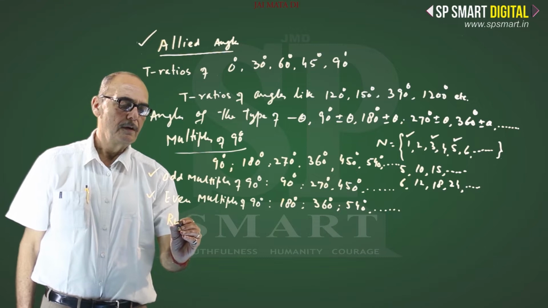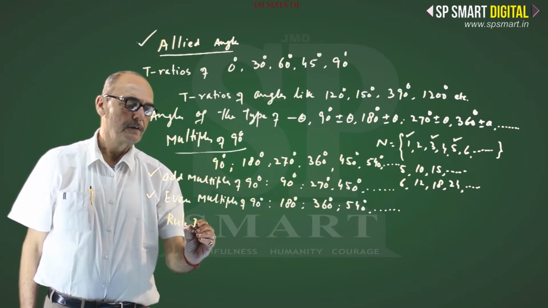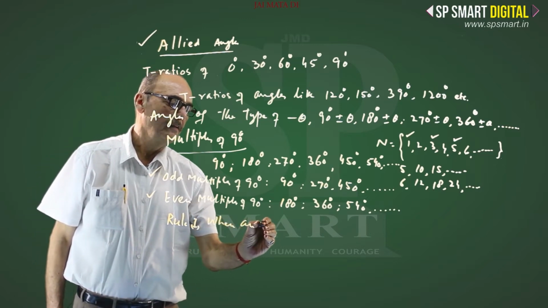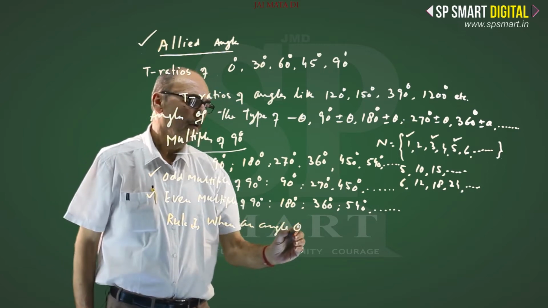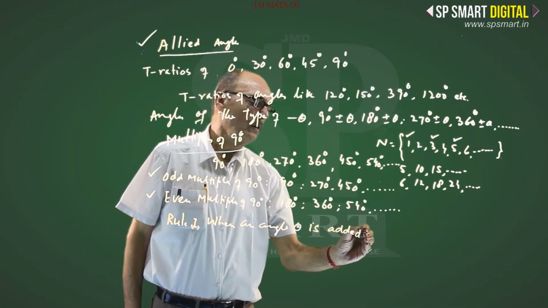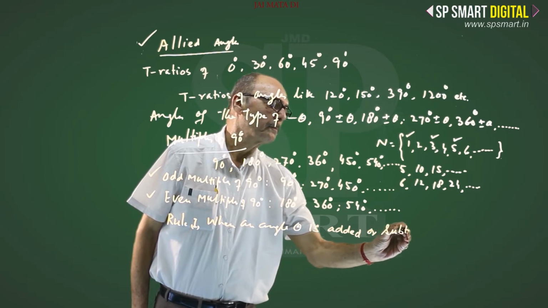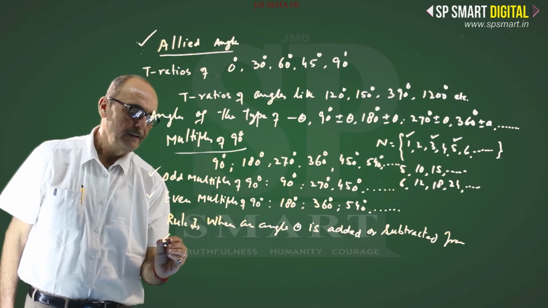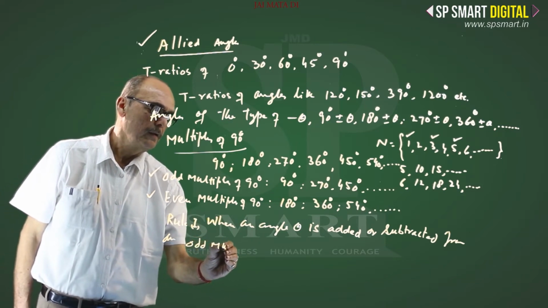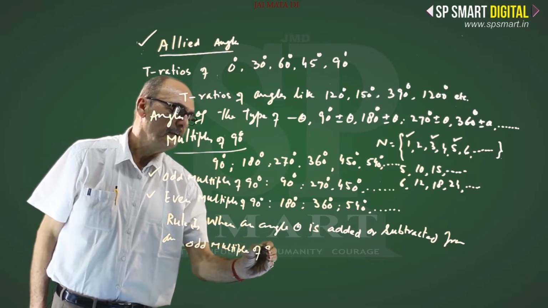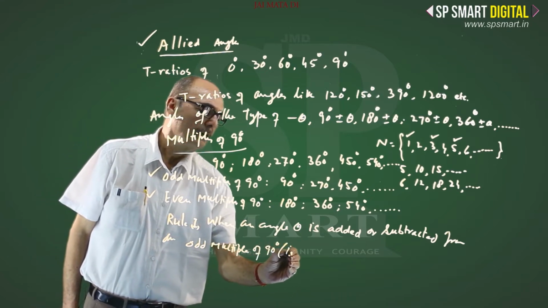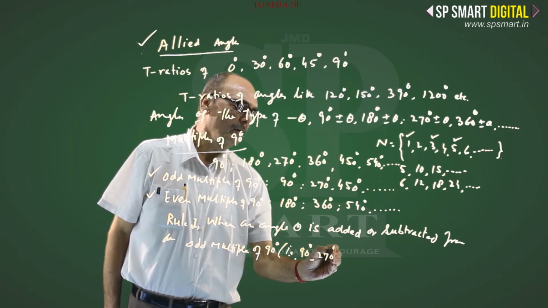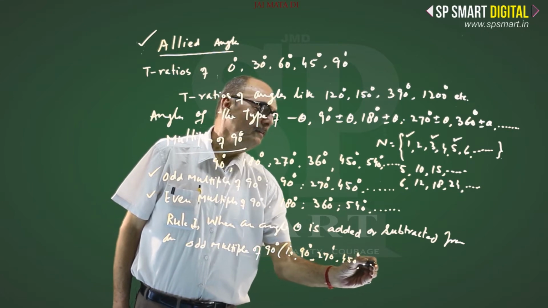Rule first is: when an angle theta is added to or subtracted from an odd multiple of 90 degrees, that is 90 degrees, 270 degrees, 450 degrees and so on,